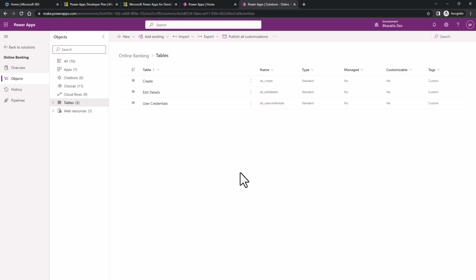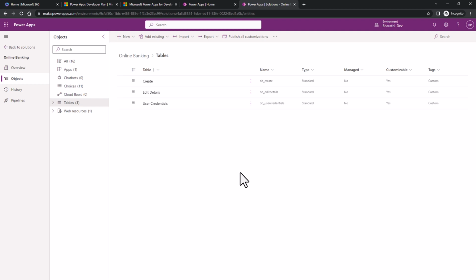What is this new word, artifacts? Artifacts are nothing but elements in my solution. So maybe I might need to include the objects for a table, or the objects for a flow. I might need to include the objects for any other resource. But I have validated to the best of my knowledge and I'm ready to migrate or move my solution from one